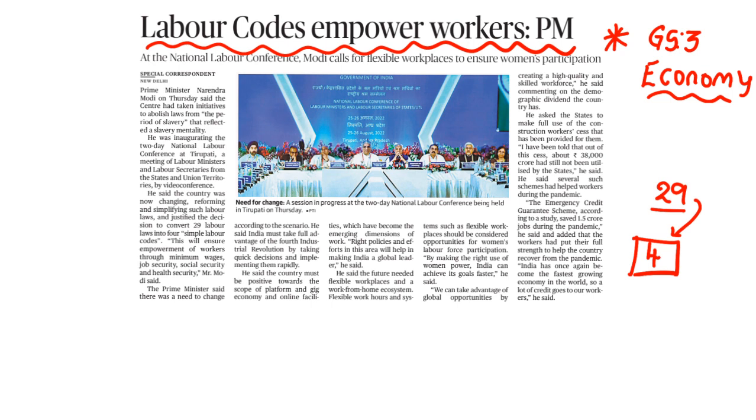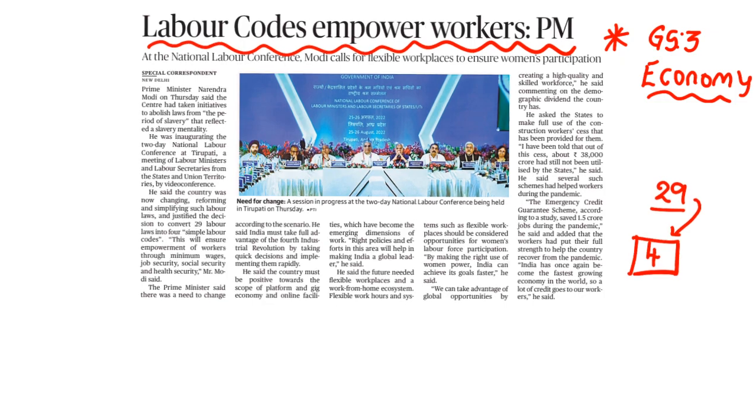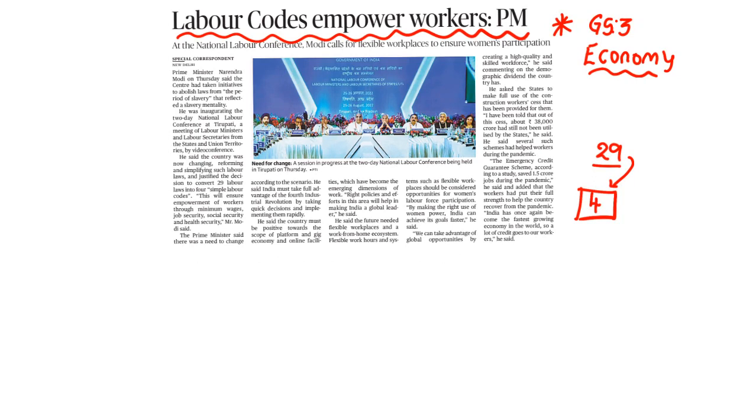and India is a global leader in making so. Why? Because with these 4 labor laws, we have made great changes in the lives of those laborers. First one is the code on wages. Clear? And second one,